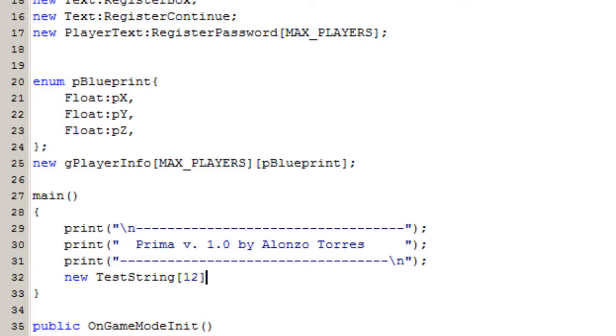It's going to have 12 positions, and I'm just going to write 1, 2, 3, 4, 5, 6, 7, 8, 9, 10, 11, and then remember we have a null character as well in the end. So there we have our test string, and basically we're going to just remove 1 here and put an A,